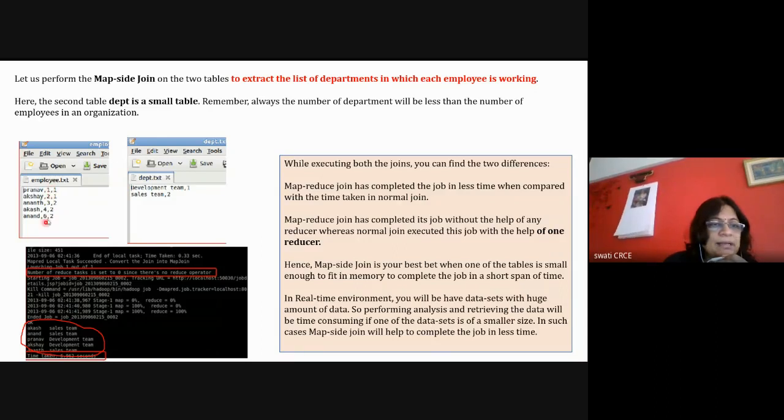So your department ID is a foreign key in this employee table. One means the development team, and two means the sales team. So I want to display the output as the name of the employee, Pranav, one, or sales team. Like this, I want the output as shown here, the person name and the department name or team name. So for such a query, the department table is small,